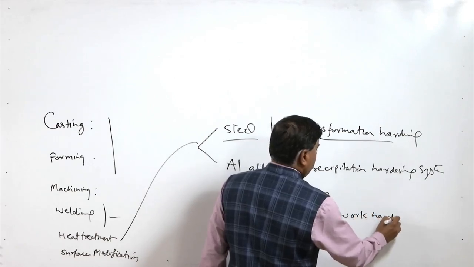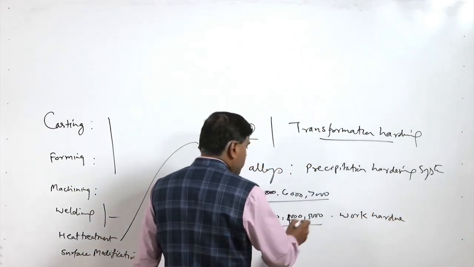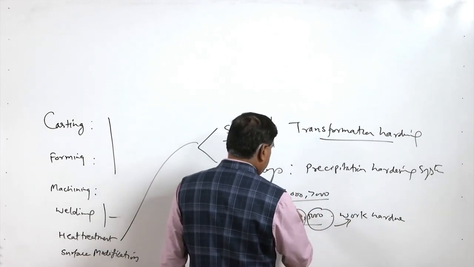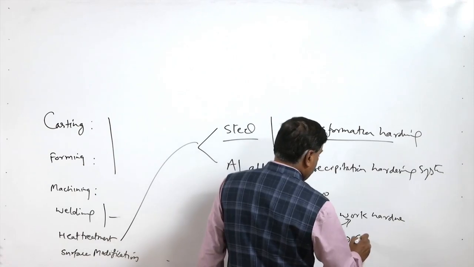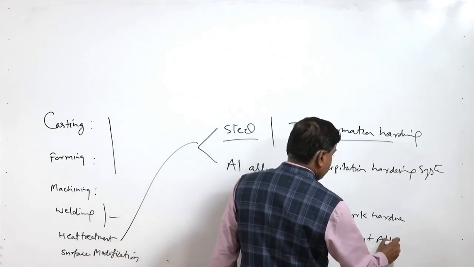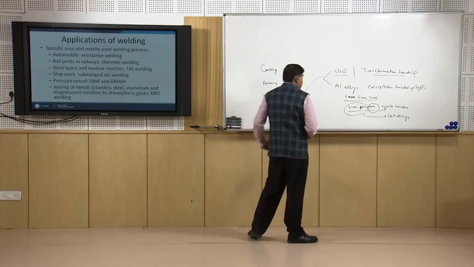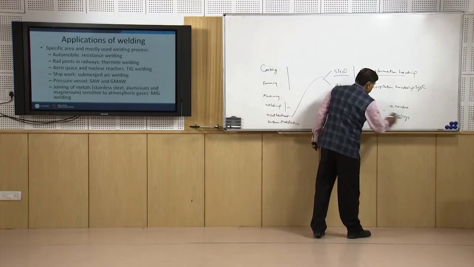Among these, 5000 is basically work hardenable, and 3000 and 4000 systems are the cast alloys. So, basically among the heat treatable systems, I will try to talk about